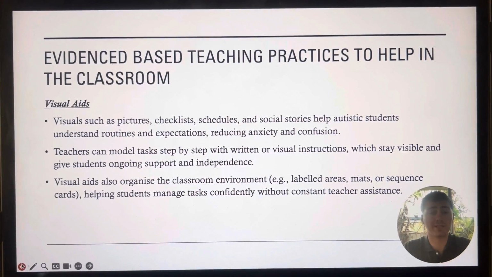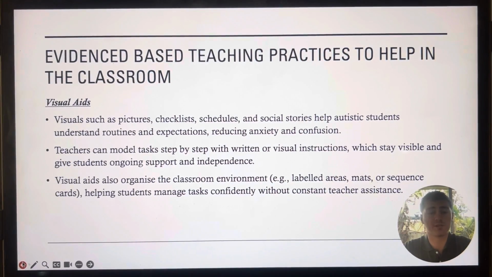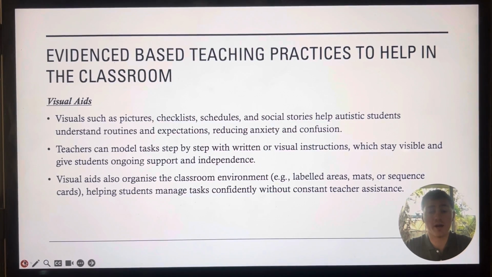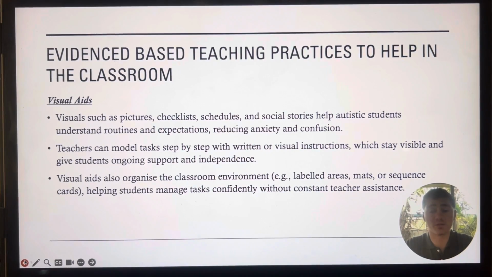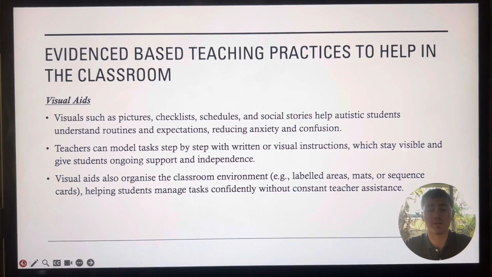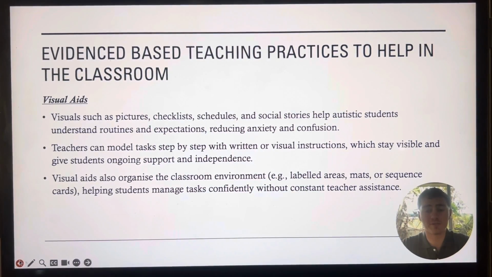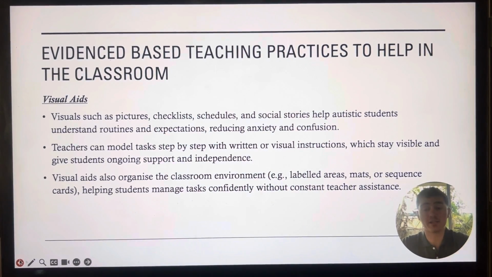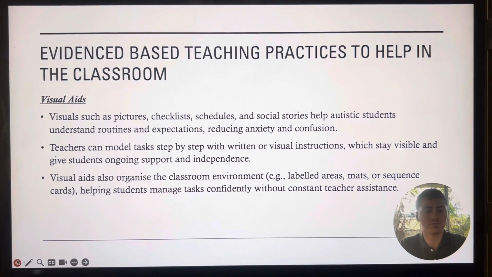Moving on to visual aids, which is another evidence-based teaching practice. Visual aids can take the form of pictures, checklists and schedules. Displaying these visually for students can lower anxiety by reducing confusion and letting students know exactly what is expected of them. An example of a checklist is when they walk in from lunch to a Period 6 English lesson, you have up on the whiteboard that they are expected to have their spelling books and their pens, and they get into their spelling groups.